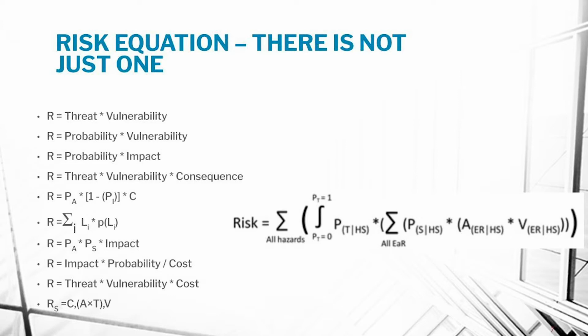The other is, if you step down, now I'm going to summarize all my individual risks of the likelihood of attack and the probability that that attack will be successful, and I'm going to roll up all of the different ways that can occur, down to bringing in cost, a whole host of other issues. So now, which equation do you want to use?